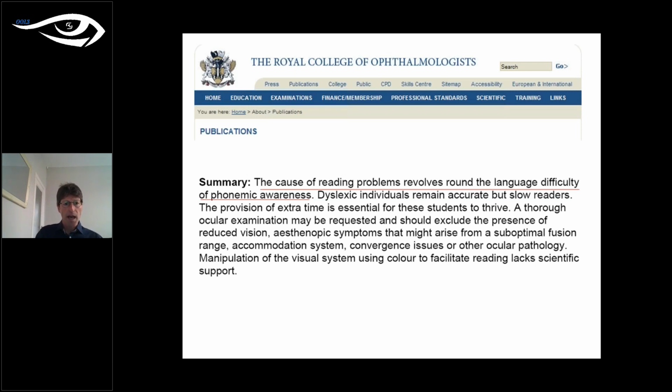And they go on to say that a thorough ocular examination may be requested and should exclude the presence of reduced vision, asthenopic symptoms that might arise from poor fusional range, or poor accommodation, or convergence issues, or other ocular pathologies. So they're saying that a thorough eye examination is important, but that the cause of the problem is associated with phonemic awareness, and all eye care specialists, ophthalmologists, and optometrists should be doing is ruling out the presence of these